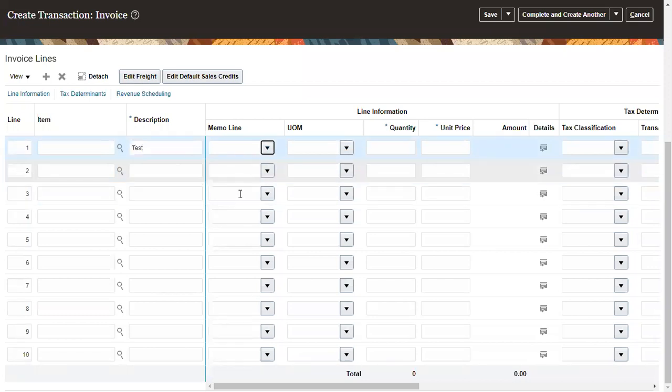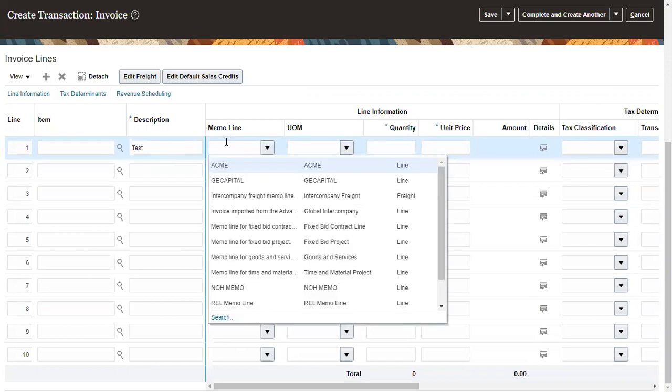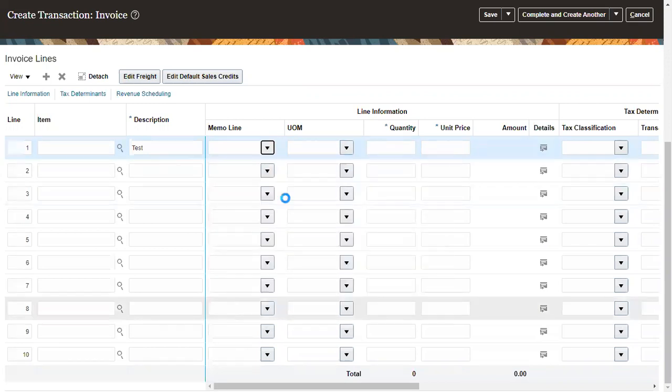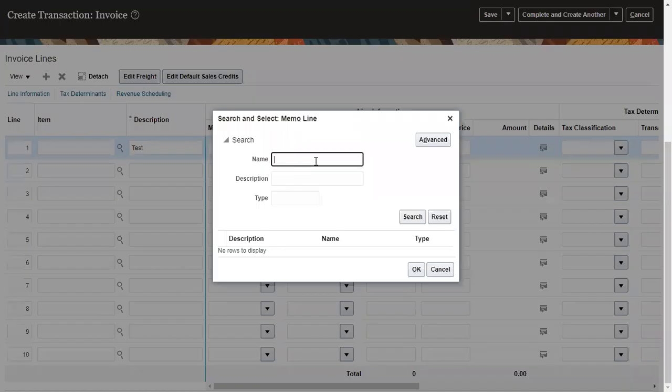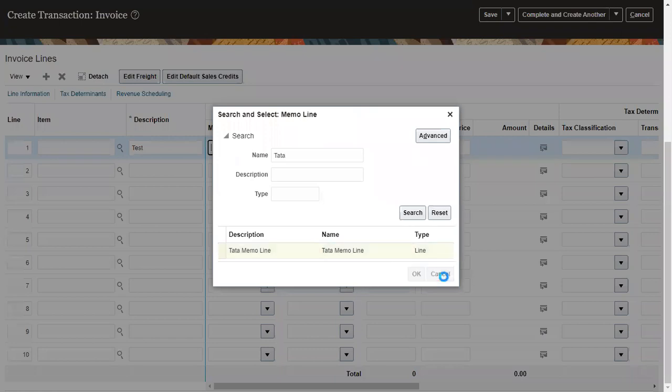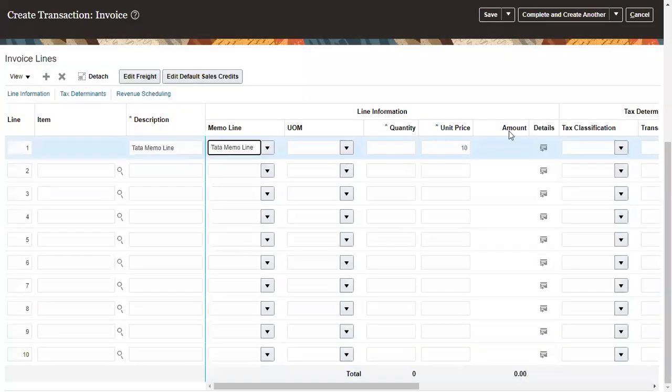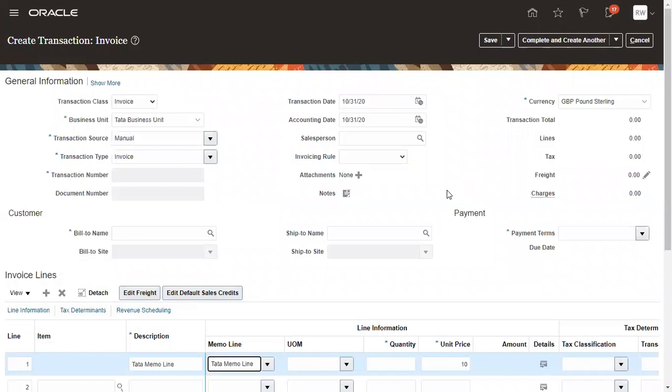Let me put a memo line so I don't have to put the account. What is the significance of a memo line? We will cover that when we do the actual setup of memos: why it is used, how a company uses it, and what the benefits of a memo line are instead of a manual entry.